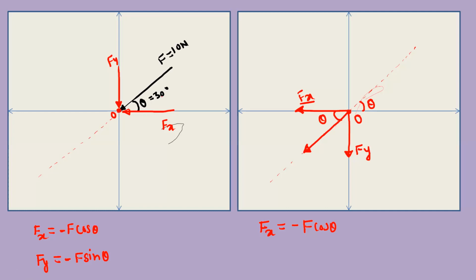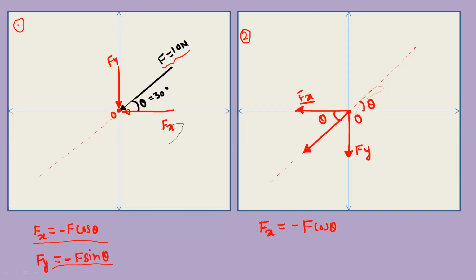So here in the first image, the force F, 10 Newton, acts at point O, and this vector is in the first quadrant. Okay. But the direction of this vector is towards the third quadrant. So you can resolve this force. This is the first way. Okay. So here you can show the fx and fy at the point O. So fx is directed towards the negative x-axis, and fy is directed towards negative y-axis. So for the calculation, you can write fx is equal to minus F cos theta, and fy is minus F sin theta.